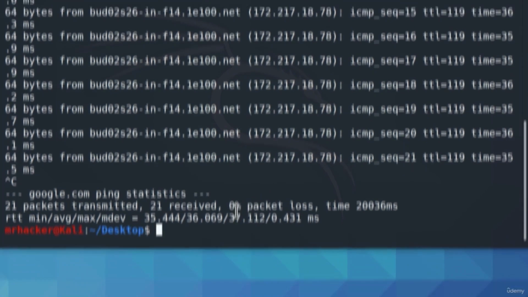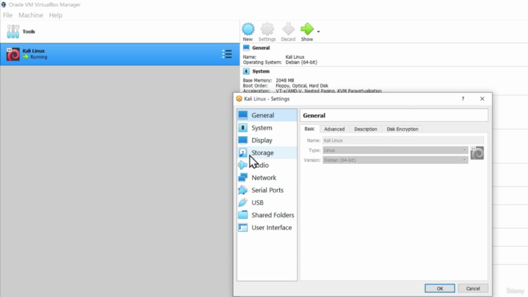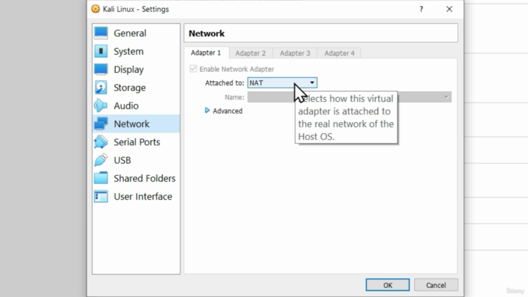If we go to the settings of our virtual machine, and from the settings navigate to network settings, we will notice that we're attached to NAT, and NAT is network address translation. This means that the IP address that our Kali Linux machine has will be given to us by